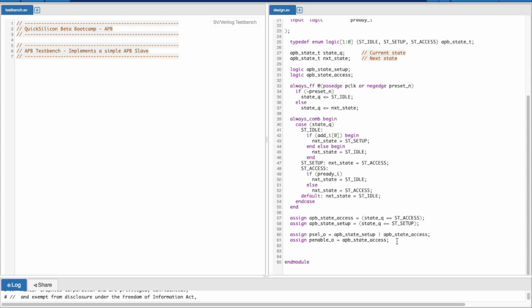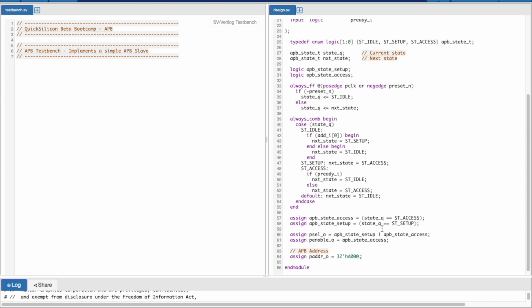Now we have the P cell and P enable ready. Let's get the P address driven. So address is fairly straightforward because we are certain that we will always be sending it to one particular address. So we can simply do P adder underscore O would be equal to 32 tick H A followed by 4 zeros or 3 zeros. So since your address will not change, we can always keep it to this particular value, and it will not